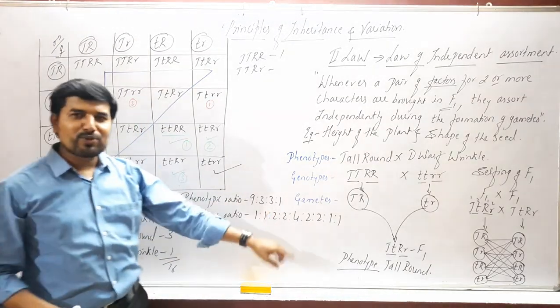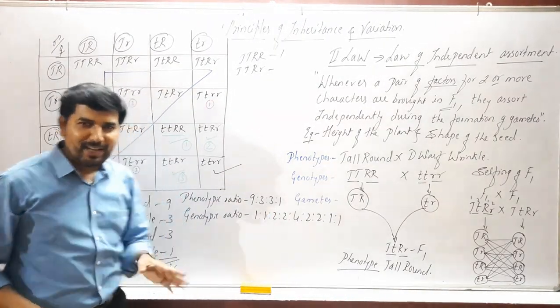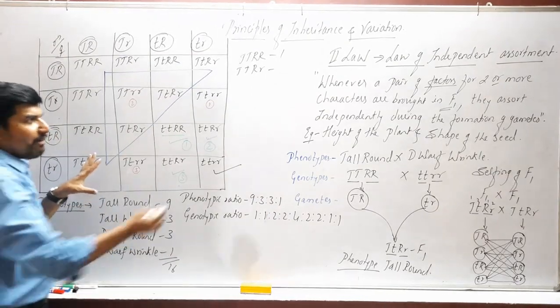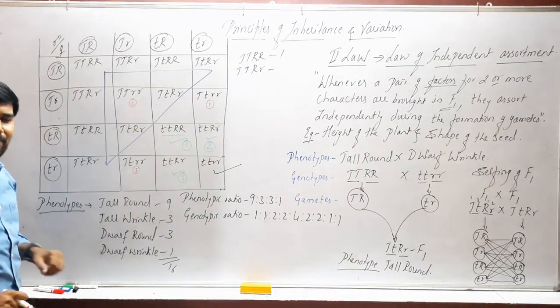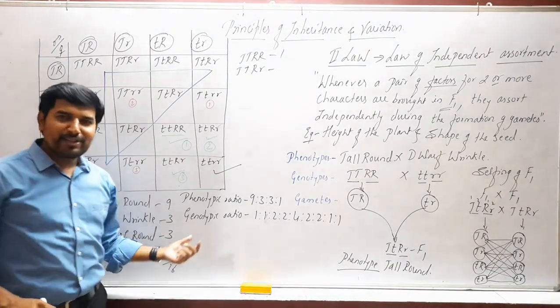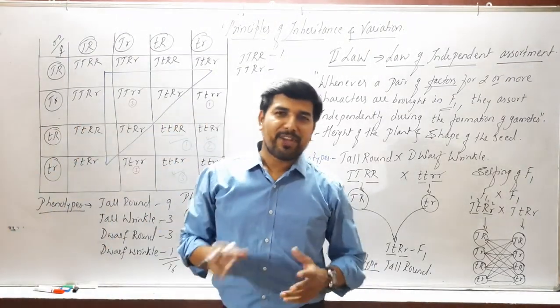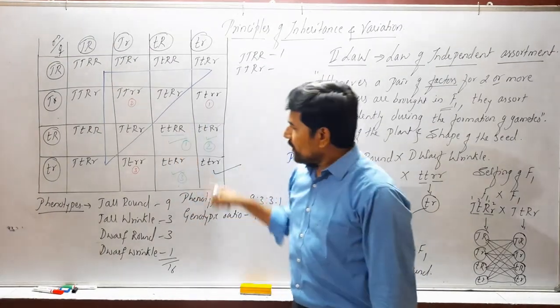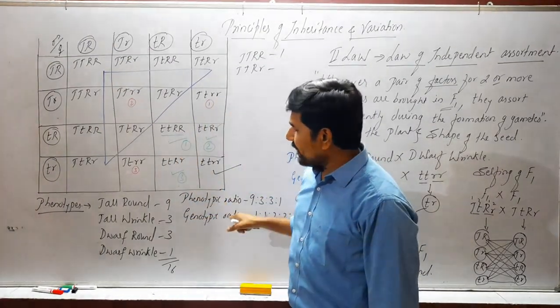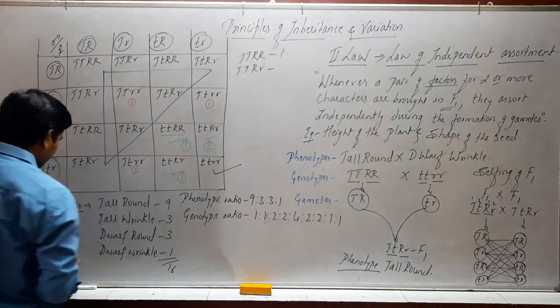Count them. Their number should be 16. It should not be done manually. It is already there. If you go on writing all this, you will get these many numbers of the genes, and this is what is called the genotypic ratio. In this way, we can write the phenotypic as well as genotypic ratio for the dihybrid cross in the Punnett square. So whatever results we have got here, this is the F2.